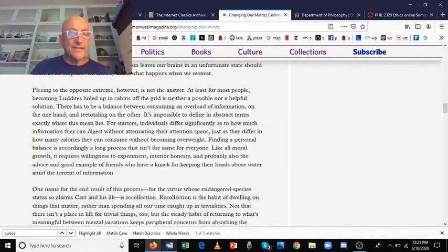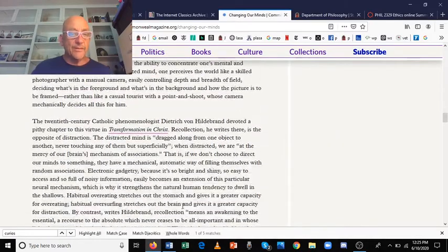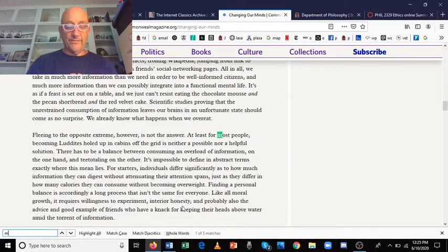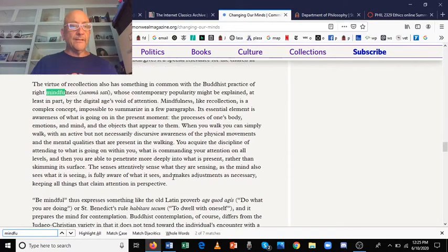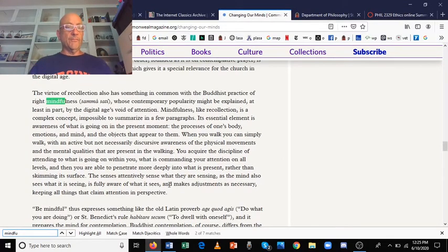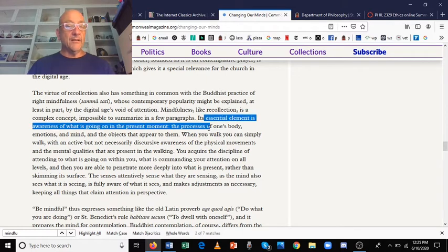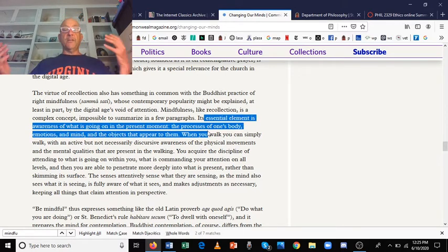How about mindfulness? I like that one. And I'm not a Buddhist, but I can appreciate that. So let me search for mindfulness in the article here. Here we go. Being mindful. It's complex, and she says impossible to summarize in a few paragraphs. I know a lot of my friends that do yoga talk about mindfulness, right? Going on in the present moment, being aware of your body, your emotions, sort of taking